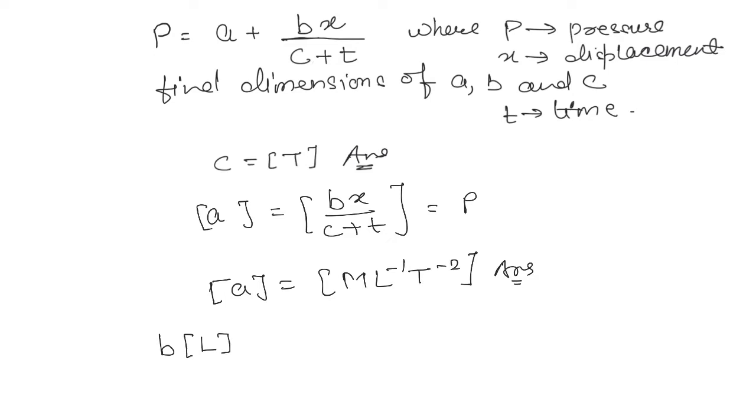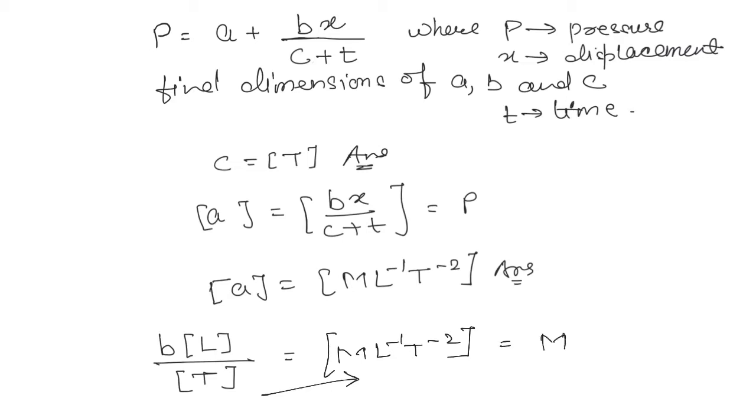X is length, and class, what is time plus time? Time, it will give you time. T equals, it is equal to what? It is also equal to pressure. Yes, M L minus 1 T minus 2. So it will come here, it will be T minus 1. So it will come here, it will be L minus 2. So M L minus 2 T minus 1. Anyone getting? All these three answers same.